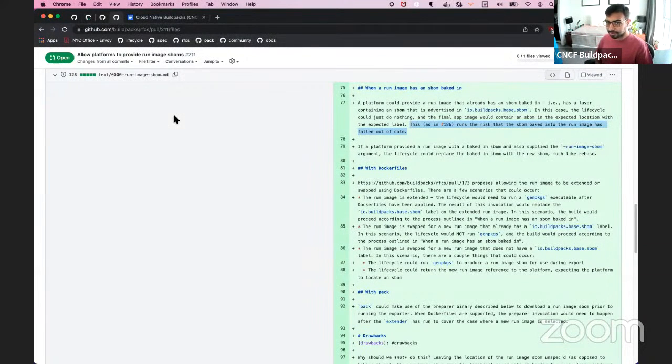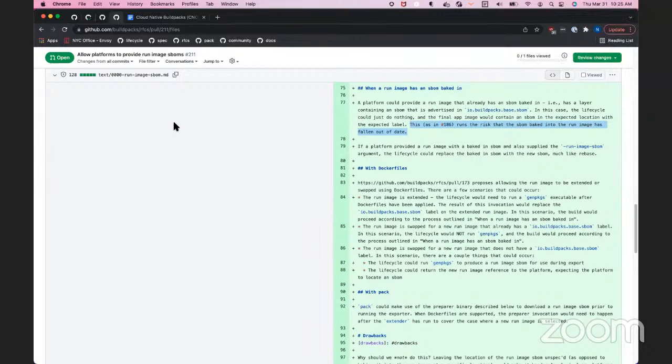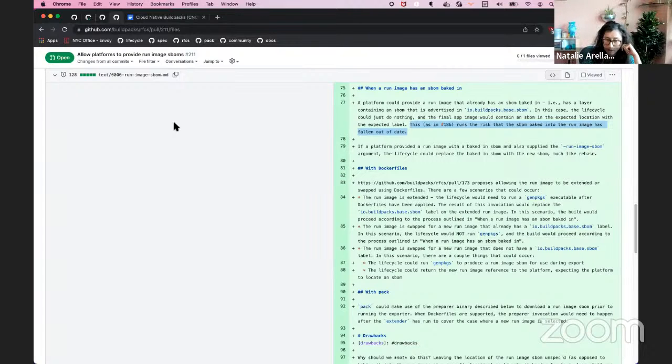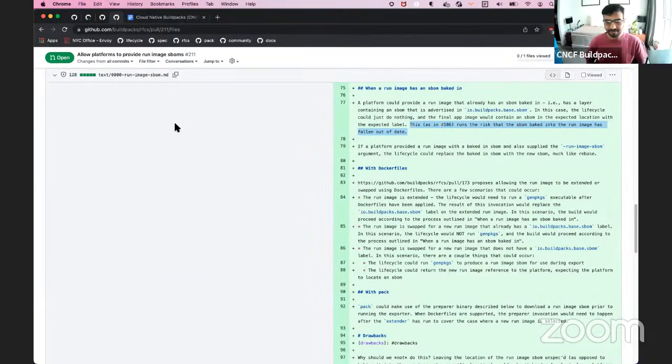So you're saying the author would create this appropriate label, put the things in the run image, and the lifecycle will then layer the other things on top? That's what I understood the RFC to be stating. Am I wrong in that? Yeah, I think all it's saying is that this could be a decision that the stack author makes. And the lifecycle just takes it, right? As opposed to